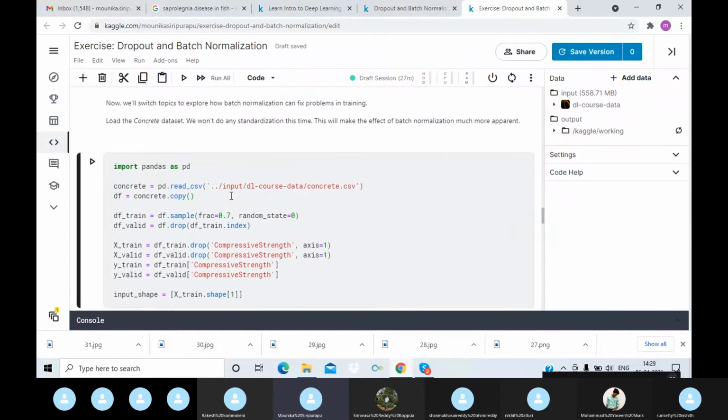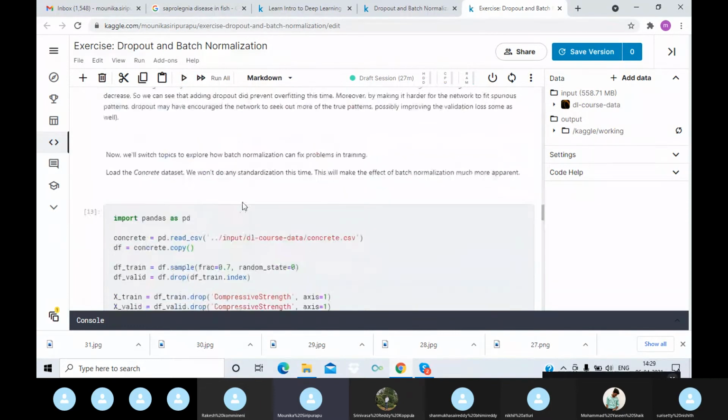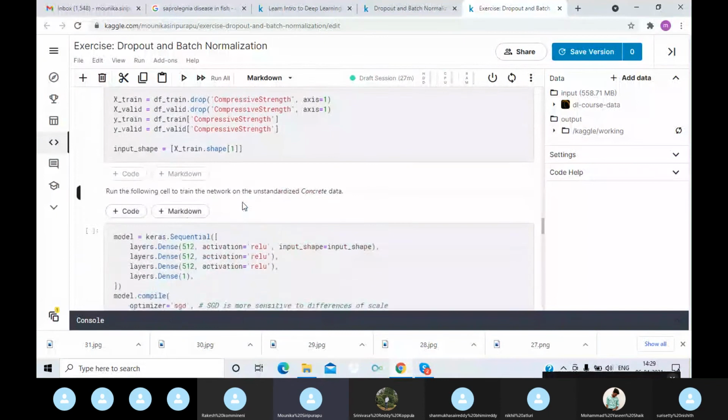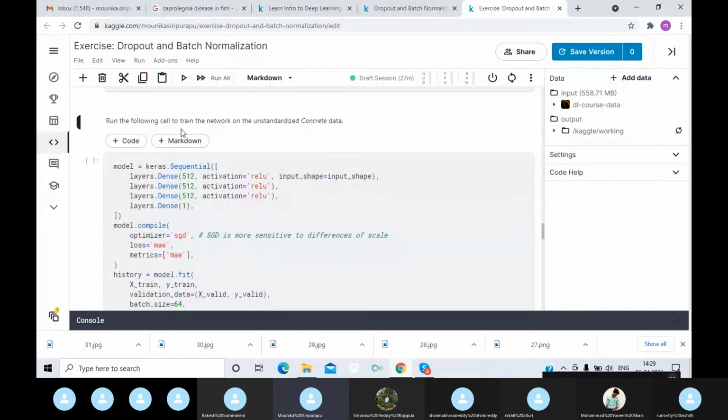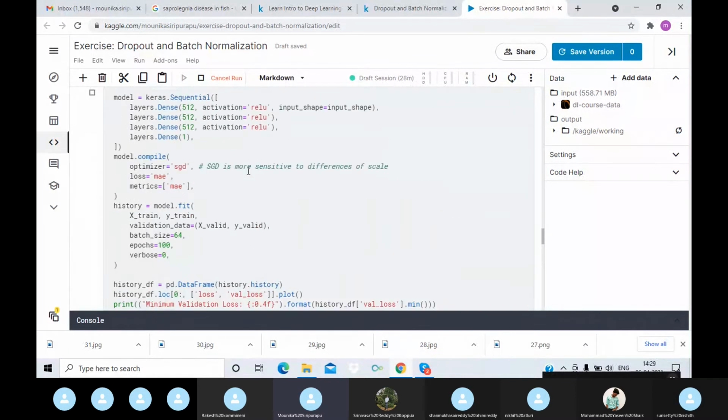Now next we will switch topics to explore how batch normalization can fix problems. So now we will be loading the concrete dataset. Next we will be running the cell to train the network on the concrete data.